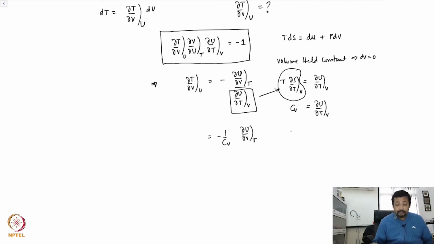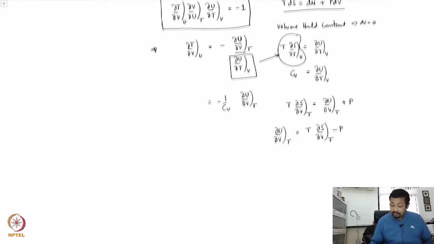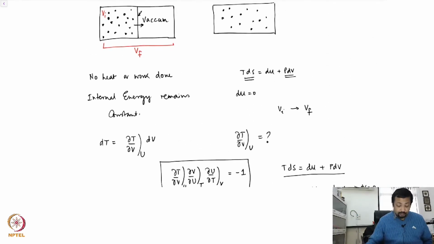Now for (∂U/∂V) at constant temperature, we use the first law again: T (∂S/∂V) at constant temperature is equal to (∂U/∂V) at constant temperature plus the pressure. So that (∂U/∂V) at constant temperature is going to be T (∂S/∂V) at constant temperature minus the pressure. Now here, when we started off this calculation, we assumed that we do not know